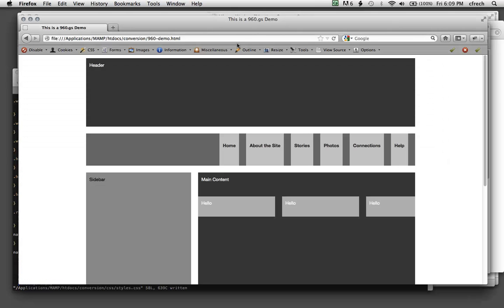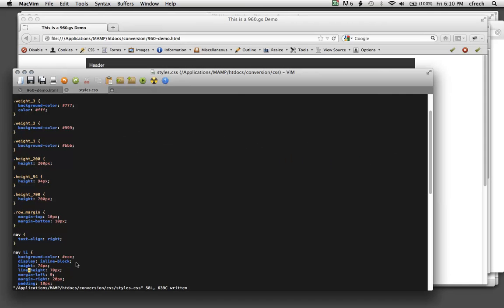Or 70 for that matter. Okay, well that's pretty close actually. And we can fiddle with that to get it exactly right, but that's one method for vertically aligning that single line text in there. Now, the other thing we could do is drop this line, drop our height, and we